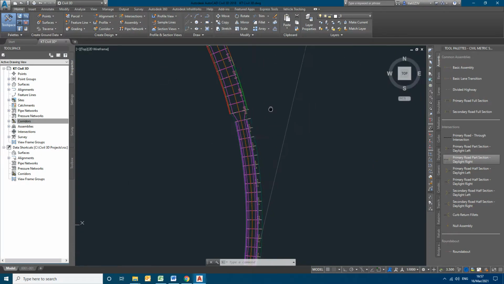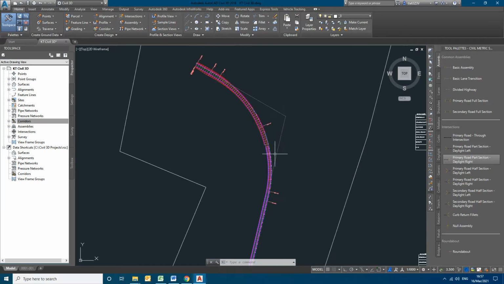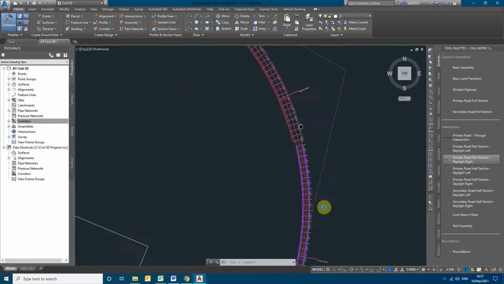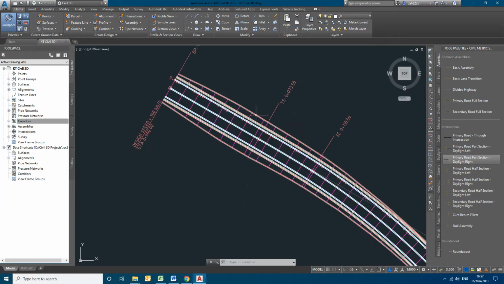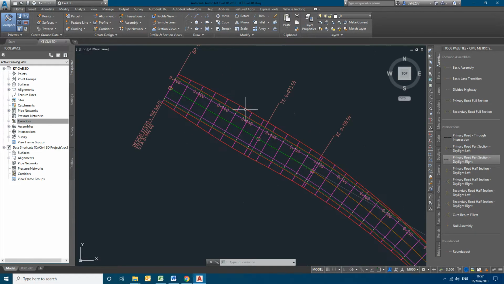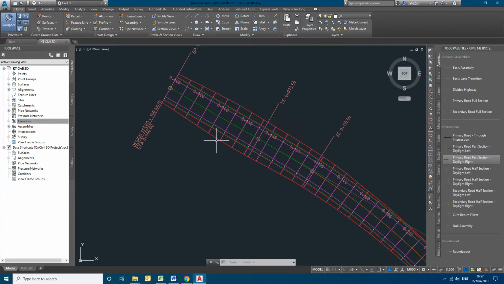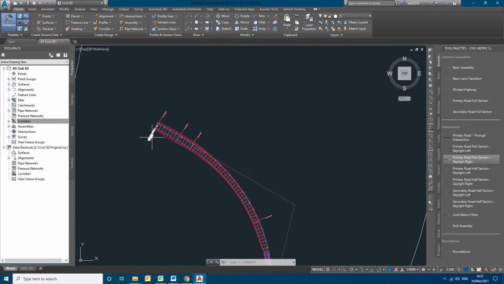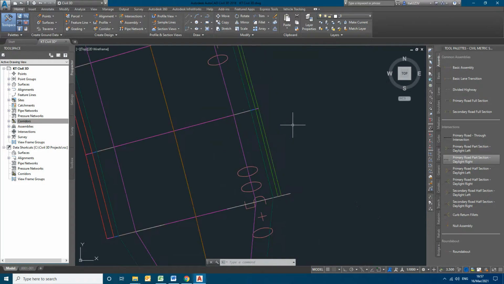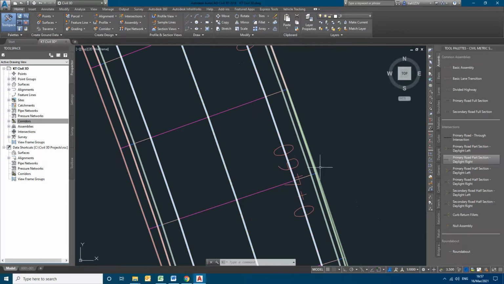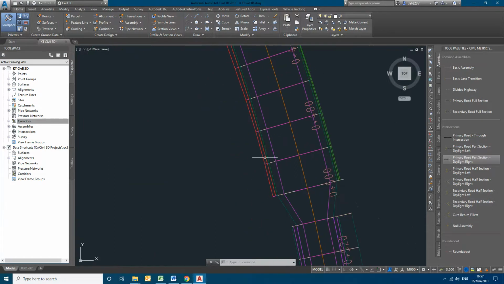So this is on the curve actually. So you can see the earthwork lines here. This is going into the cut, earthwork lines. This is the earthwork line. So when you are coming to the fill, you can see the green line on the fill. So this is the filling portion. Again towards this side it is cutting.